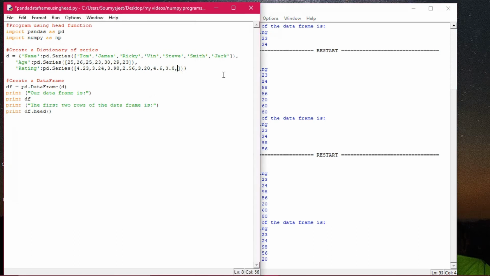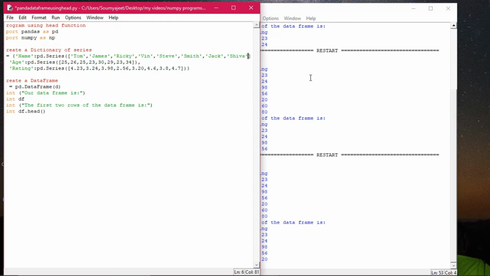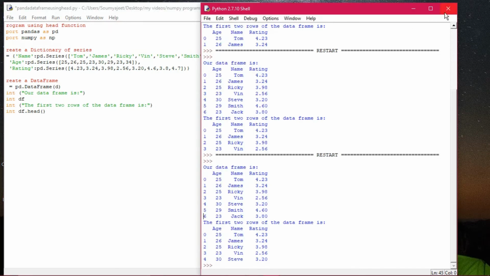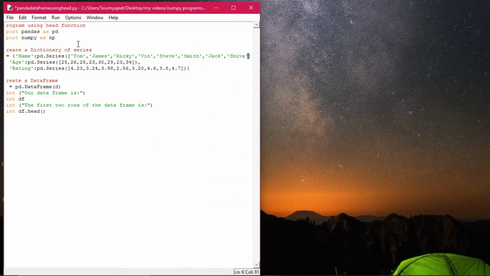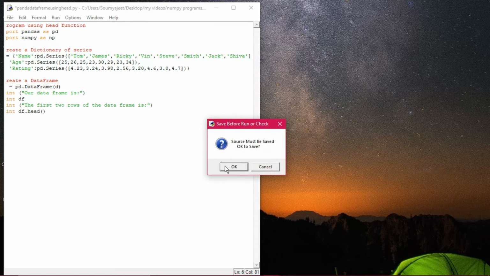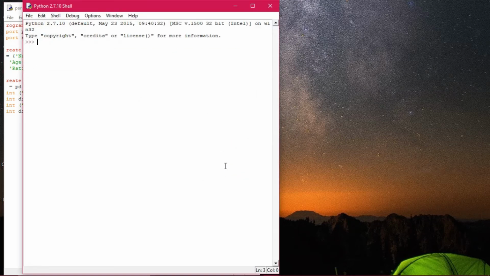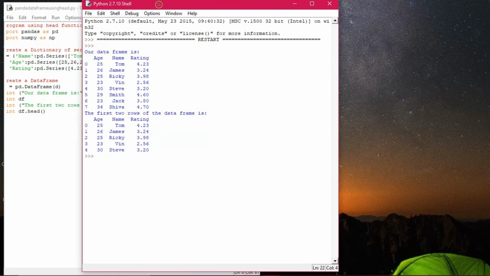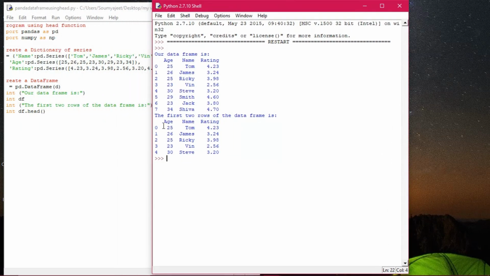Even if I give one extra thing out here, let us see the change in the output. Say I'm giving a 4.7, and I'm adding one extra data: 34 out here, and after Jack, I'm adding Shiva. Then see what is happening. Is there any change or not in this program? I did not keep anything within the head. Now one data has increased. I'm executing the module. Now you see I'm clicking on OK. Now you see how it is appearing out here. Again there is no change, only the first 5 data has been displayed.